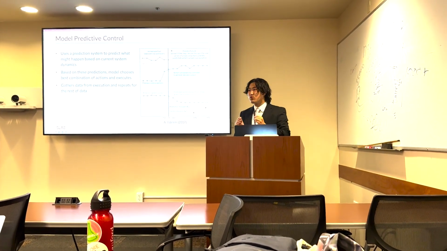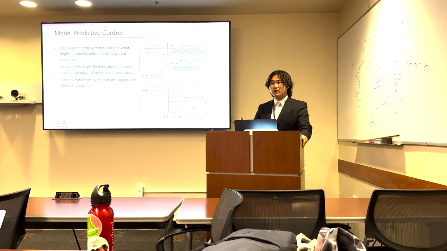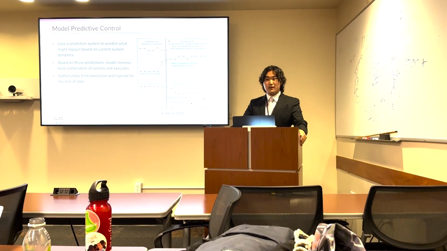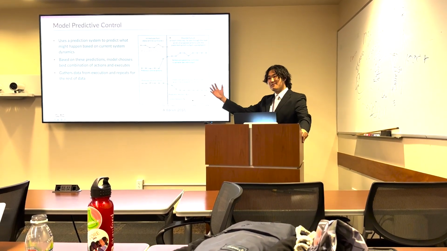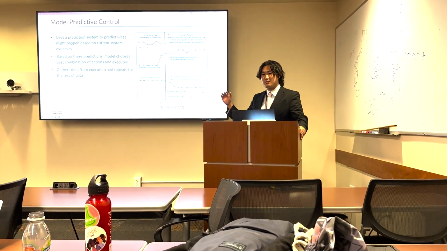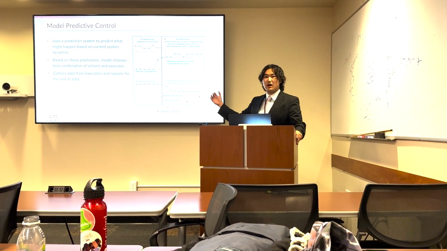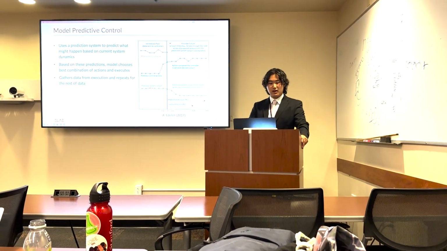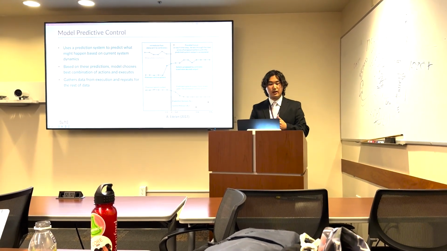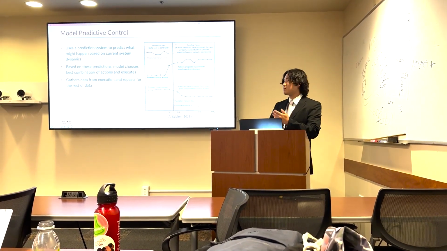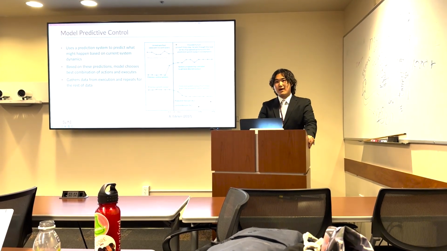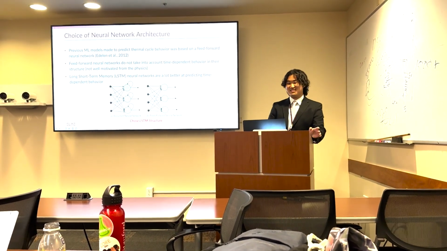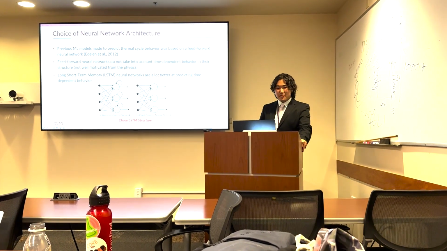So basically, you're pre-firing what combination of the features or adjustments to the features is the best, which is way more efficient than PID, because think about it, PID needs to detect a change in the system in order to act upon it, whereas this already knows the future, basically, right? So you're saving a lot of time and a lot of energy by doing that. So based on the predictions, you model the best combination of actions, you execute it, and then you just keep repeating that, right? And for ML, you train the model so that you can know what the future is going to be. So I think this is all really cool, by the way,